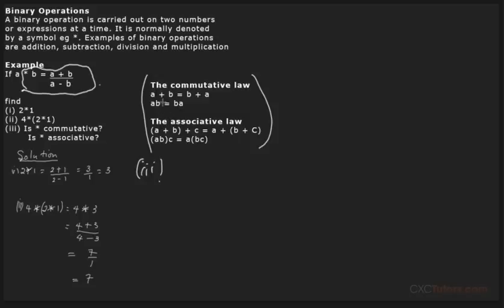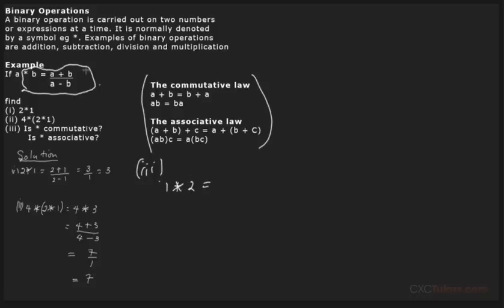If we're going to test the commutative property, then we need at most two numbers. So we have 2 star 1 already. We have found that the answer is equal to 3. We must see if 1 star 2 gives the same result as 2 star 1. If that is the case, or if it holds, then the conclusion is that star is commutative. So let us now find the result for 1 star 2. Remember, we only need two numbers to prove the commutative property. And so we have now 1 asterisk 2